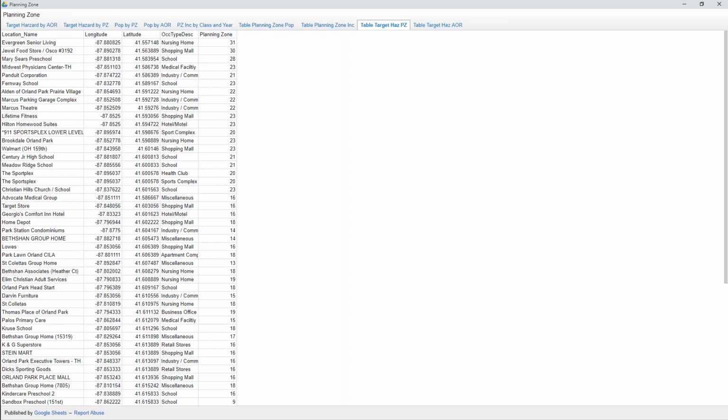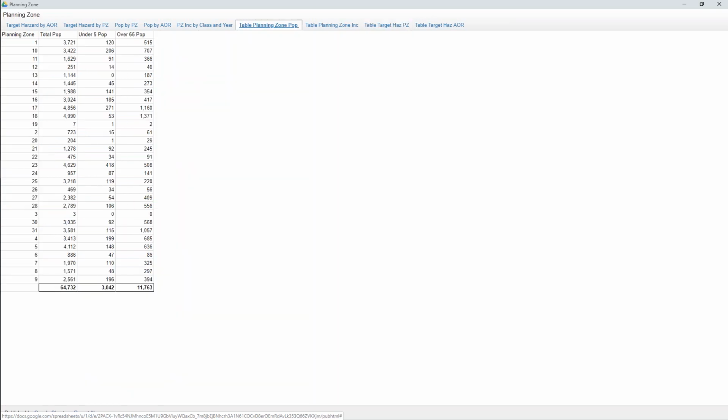And this is critical to know what zones have what in them, so that we can go ahead and plan accordingly. And so now that we have the planning zones out, we can also reference other materials and other information, such as the population totals for each of those planning zones, as well as our risk populations. So under 5 years old or over 65 present a greater risk. And so now we know those